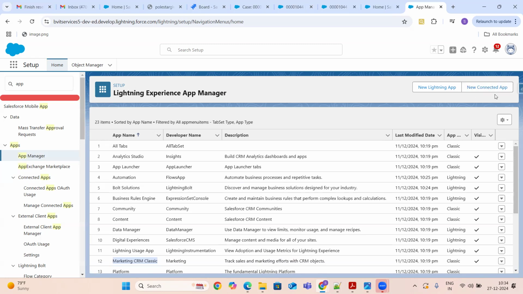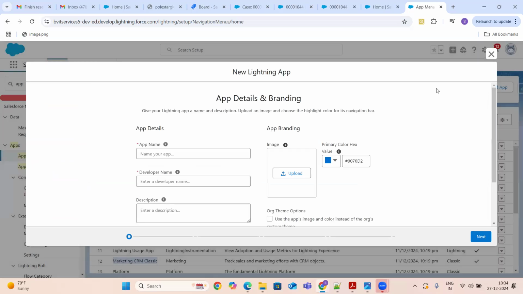That is the use of a connected app. We use this for integration purposes. Apart from that, if we want to create any application within Salesforce, you have to click on the new Lightning app button.